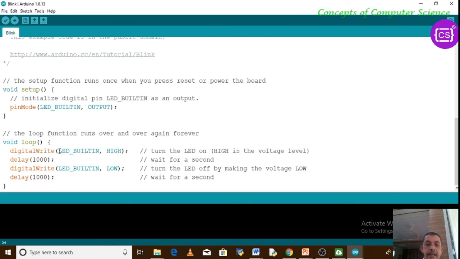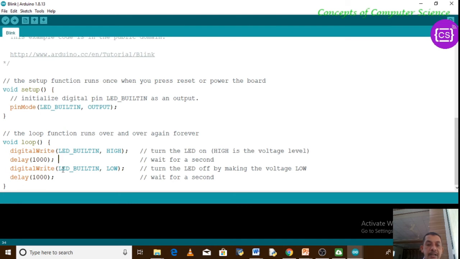This LED_BUILTIN has value 13, so pin 13 is selected and we are passing high current to that pin, and our LED turns on. Then a delay is given. This delay is in milliseconds.